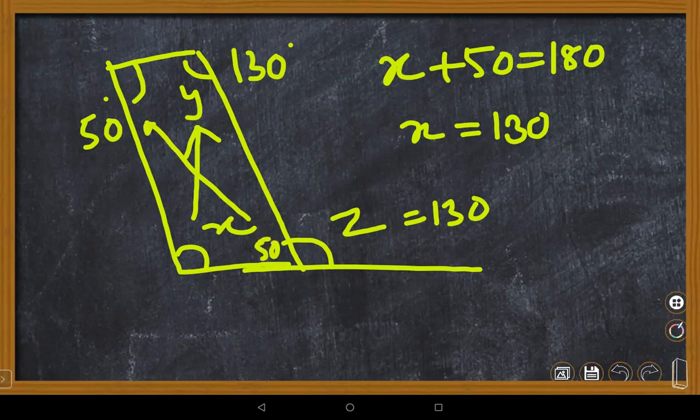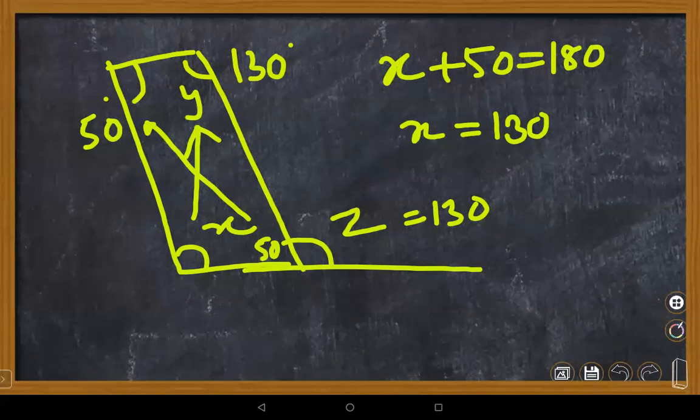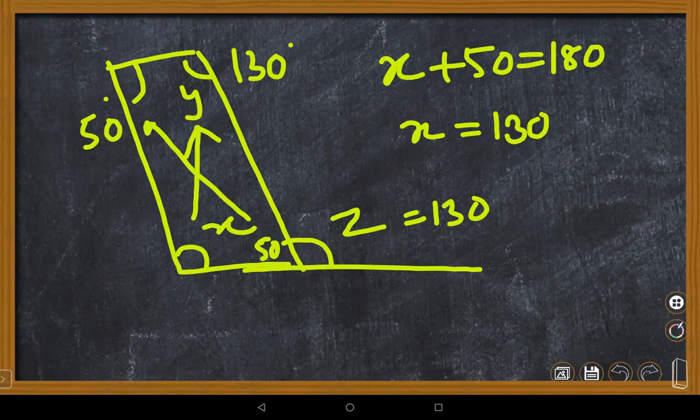Ma'am, but X and Z can be corresponding angles, right? Exactly true. X and Z are corresponding. Very good. You can use any property, children, to get the answer. That way is also correct. It's okay, children. This is the variety of questions based on the parallelogram. Any doubt here, Abhinav? Ayush?